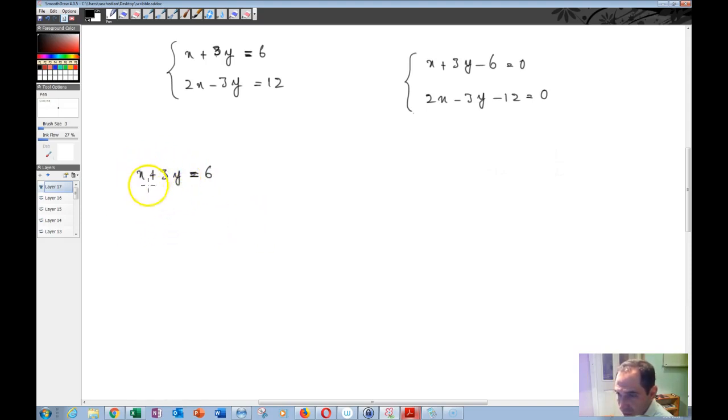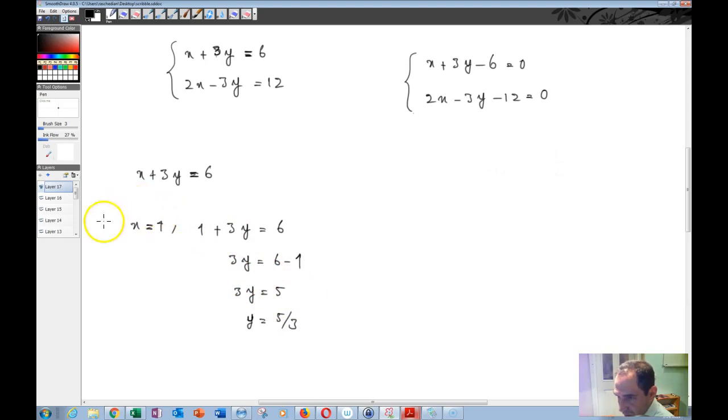For example, if you try x is equal to 1 in this equation, then this equation becomes 1 plus 3y is equal to 6, and then 3y is equal to 6 minus 1, and then 3y is equal to 5, so y is equal to 5/3. Okay,